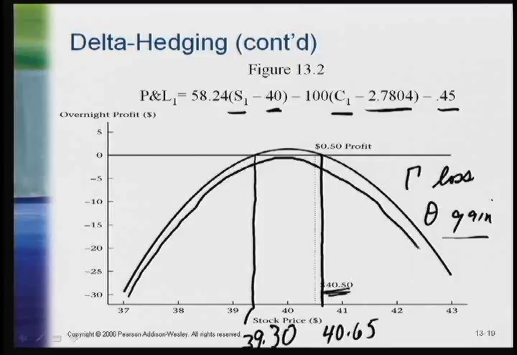I'm trying to draw this curve parallel to the other. And namely, if we ignored the theta gain, it would drop this P&L curve by the value of theta. And we would see that at a price change of 0, which is a $40 stock price, the market maker comes out even, or just negative 45 cents because of the cost of the borrowing. But the rest of the effect is